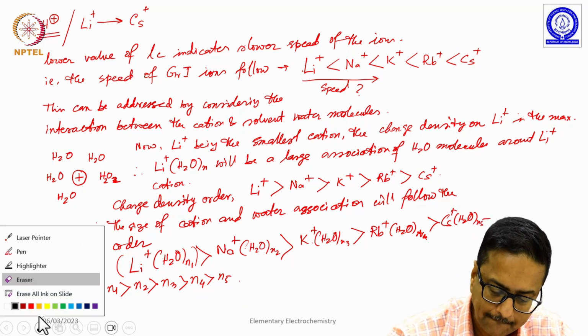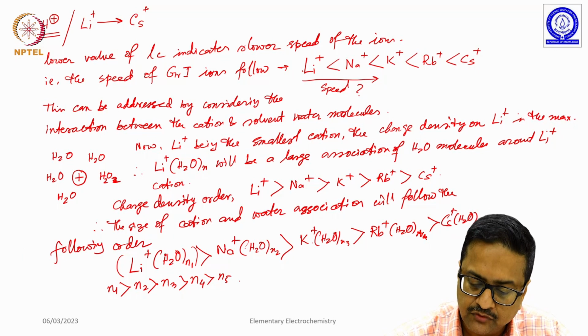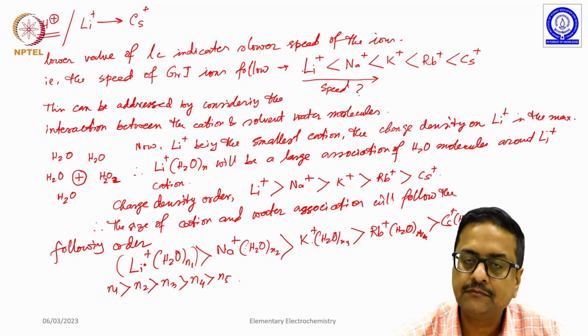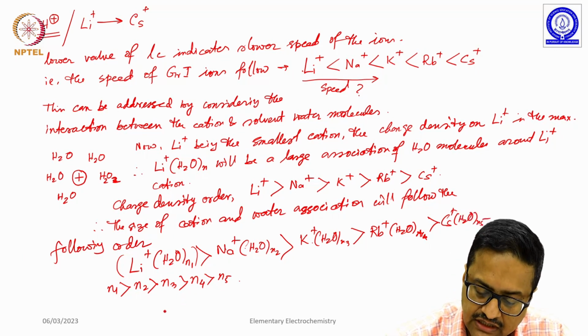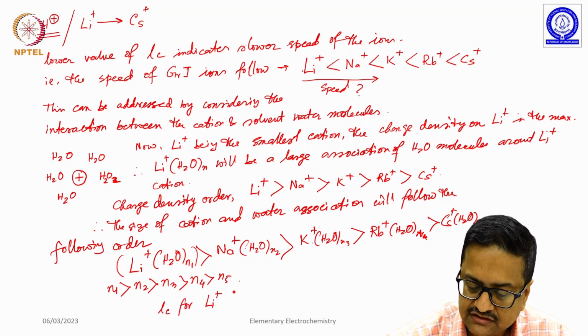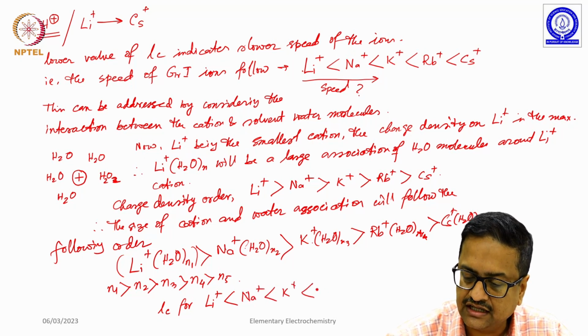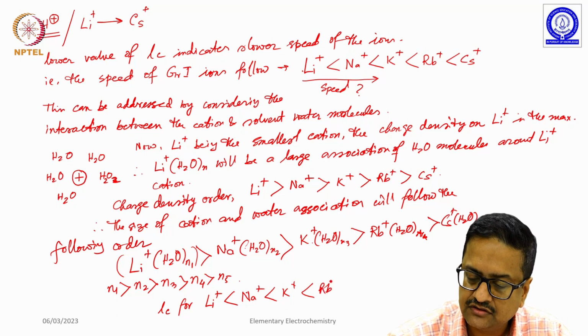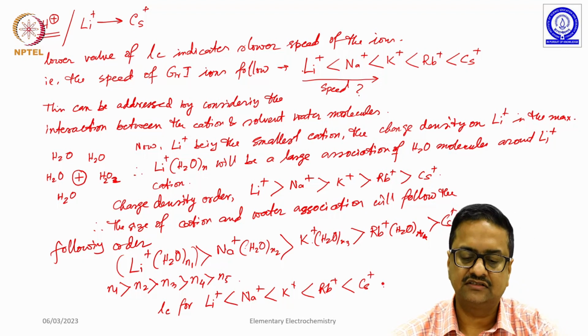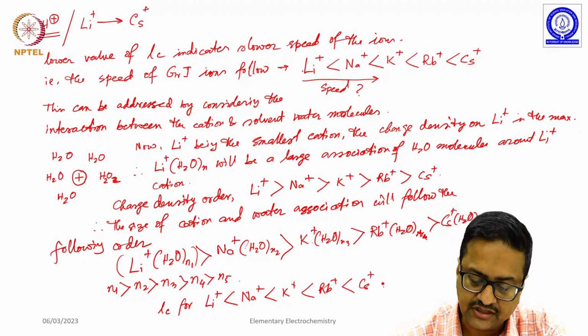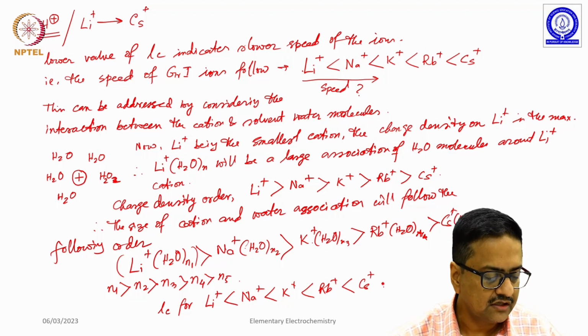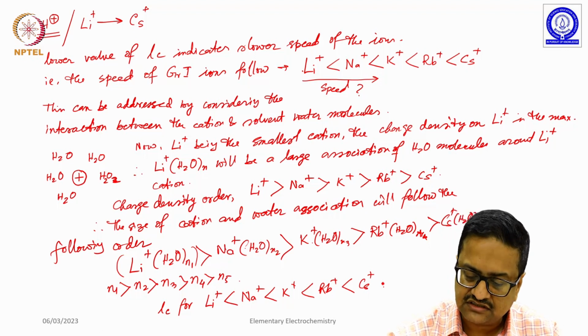The motion for lithium water is less, so Lc for Li+ is less than that of Na+, less than that of K+, less than that of Rb+, and less than that of Cs+, which was observed from the experimental measurements. So now if you follow this argument,